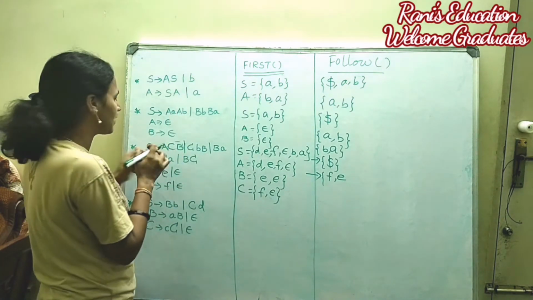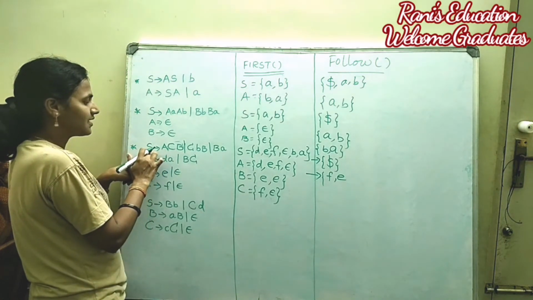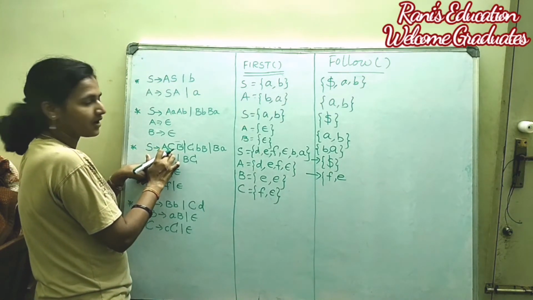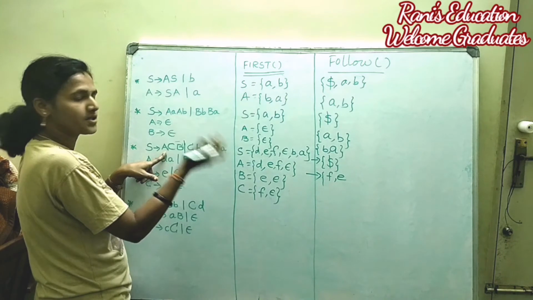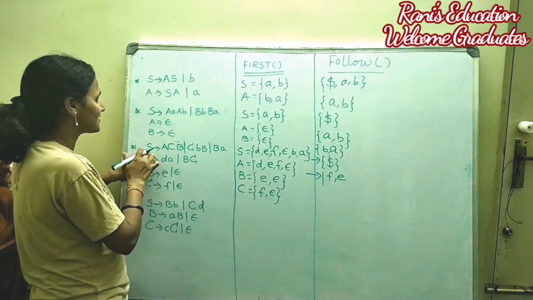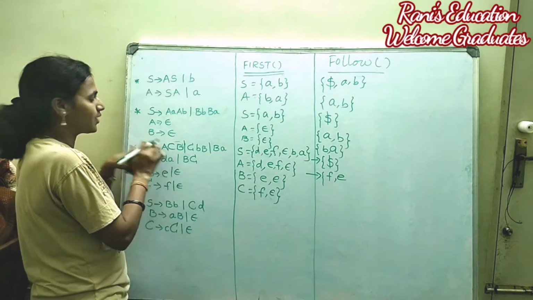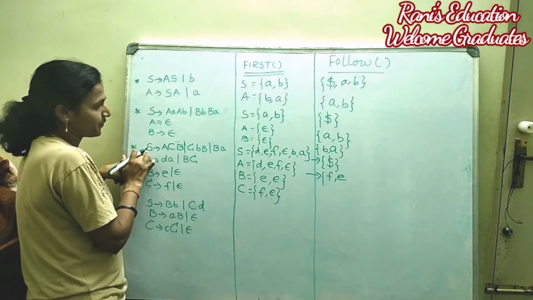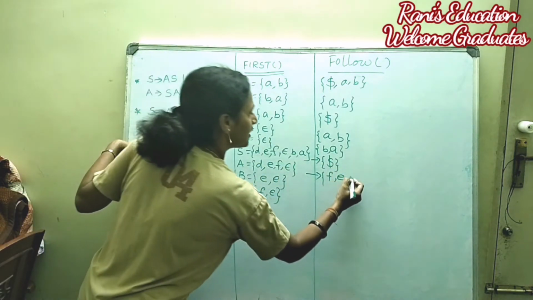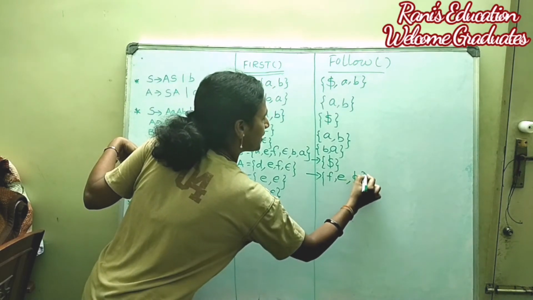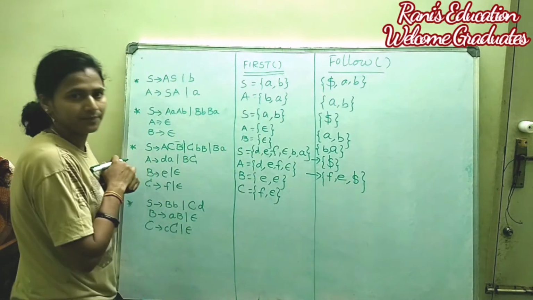Now if I replace B by epsilon, then what is the immediate grammar symbol? We won't get anything. Why? Because the production will be like this, S to A, where C becomes epsilon and B is also epsilon. So that is S to A. Which means that follow of A equals follow of S. What is follow of S here? Dollar. That is going to be included in follow of A.